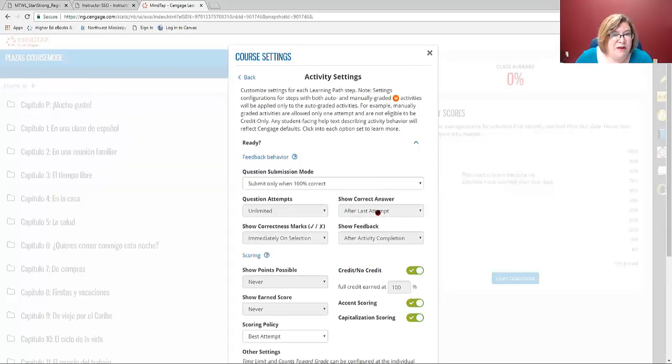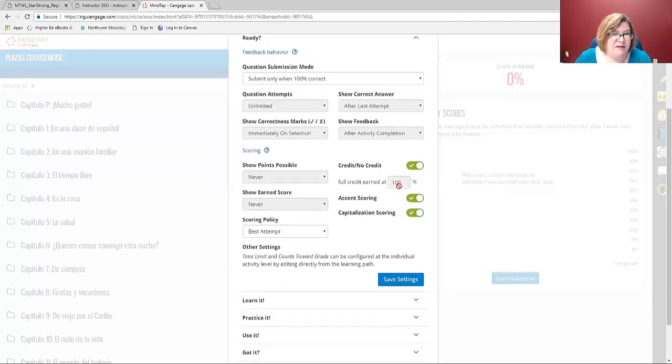You can also change when it shows the correct answer. You can show when it shows it, for example, immediately. And you can actually change the percentage that they have to have if you want to do this. So credit, no credit, accent scoring. So if you wanted to allow them to submit something without an accent mark, just click it. Or if you wanted to allow them to submit something without making the capitals match, that's fine. So you can very quickly change that in this, and then you'll need to save that setting. And it's now changed that setting for all of the ready